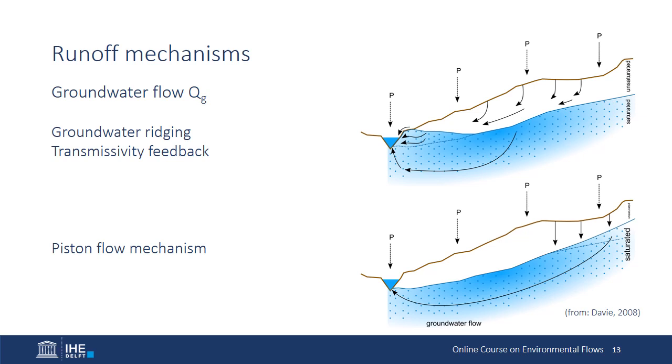And also in the upper parts of the soil, there's normally a higher lateral hydraulic conductivity, which leads to a higher transmissivity of water towards the stream. In the lower figure, you see a piston flow effect, meaning that rainwater is infiltrating and percolating towards the saturated zone far uphill on the hill slope, leading to an increase of water table, an increase of gradient, and a push out, like a piston effect, a piston flow, a push out of old water which is stored in the vicinity of the river.